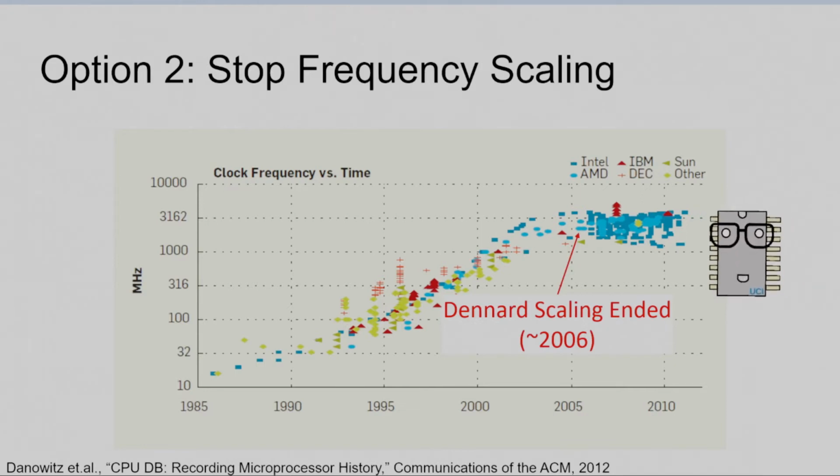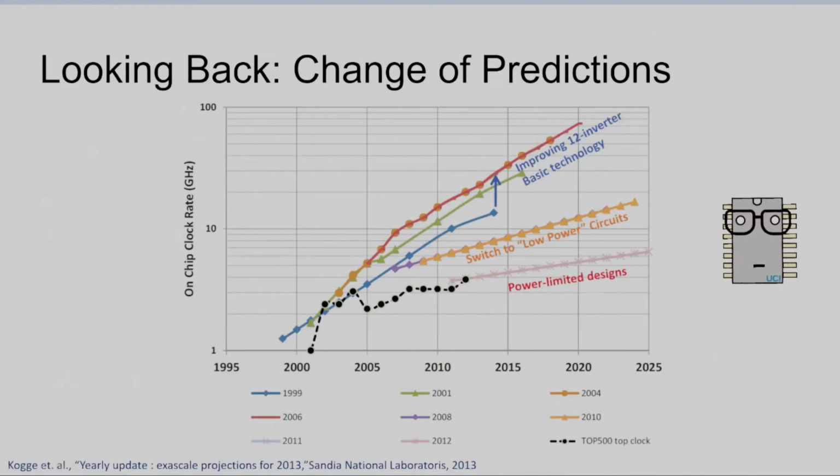You can see that the clock frequency of the CPUs that are sold on the market have kind of plateaued since then. And this is just the reality that we're living in. And the question here becomes, how do we deal with it? And if you look back on the predictions that people have made and how that's changed over time,